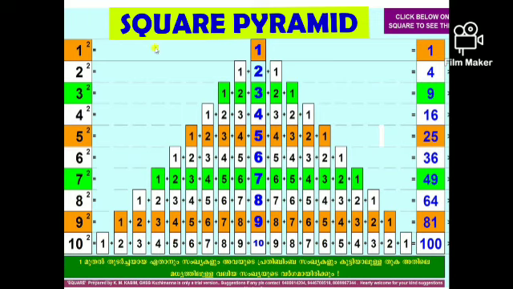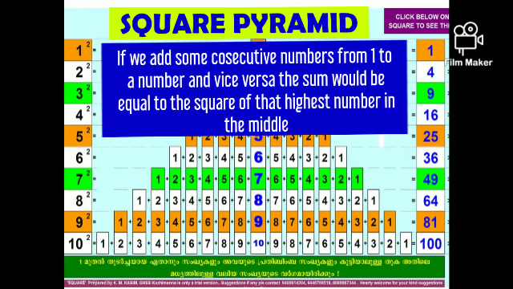What is the conclusion we made from this? Have you got an idea? The sum of some numbers continuing from 1 to that number and back to 1 will be equal to the square of that number. Once more I will say, the sum of some continuous counting numbers beginning from 1 will be equal to the square of that number of numbers.